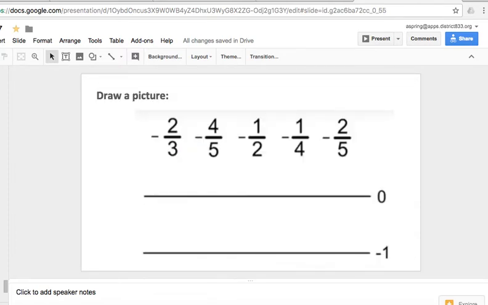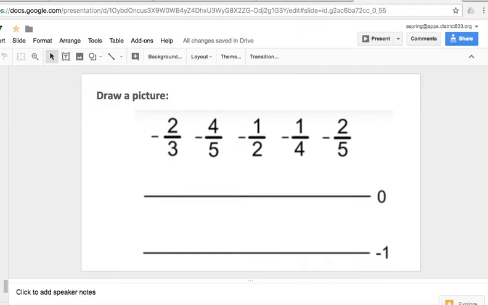This last strategy is actually a newer one, and you maybe haven't seen it before, but it's drawing a picture. And I think this is particularly helpful when we're talking about negative fractions, because you have to remember that all the time, the negative numbers seem like they're bigger because they look bigger when you look at them, but the bigger the negative number is, the smaller the value is. And so I like this little drawing. I'm going to get it up on my handy dandy whiteboard here